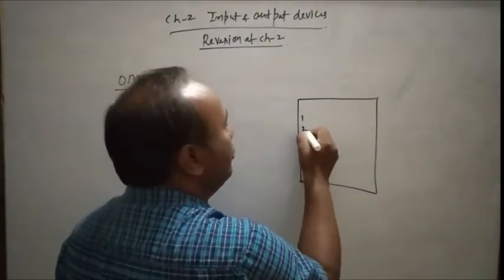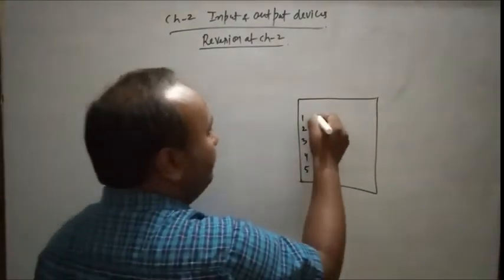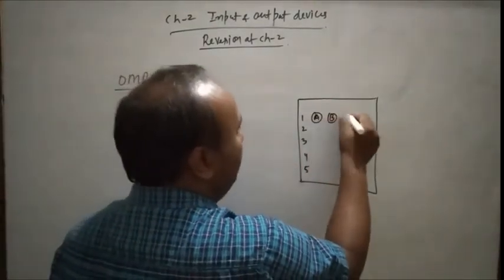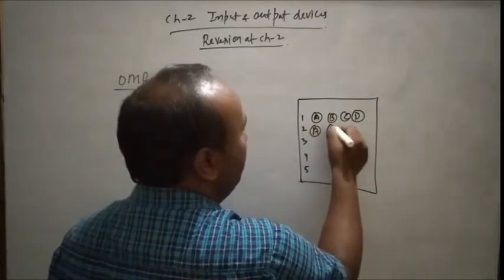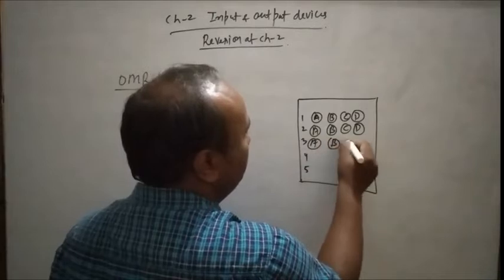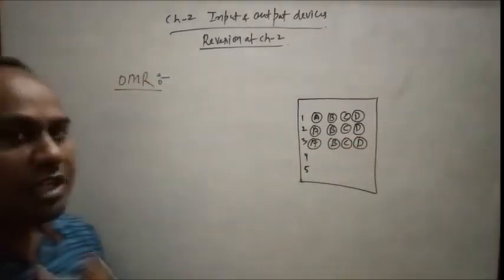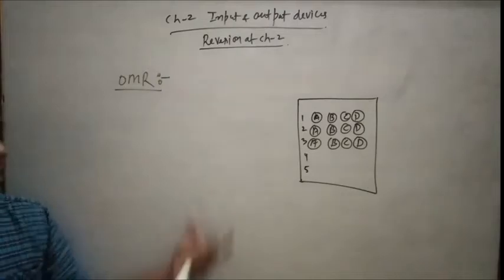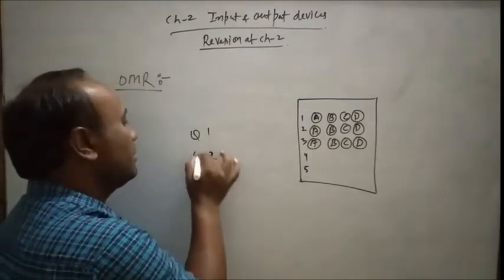Question number 1, 2, 3, 4, 5. These are the question numbers. After that, this type of information, A, B, C, D. These are the optional answers. Okay, what happened कि आफ्टर दैट व्हेन द क्वेश्चन पेपर गिवन टू द स्टूडेंट, तो स्टूडेंट आफ्टर सॉल्विंग सपोज दैट दिस वन क्वेश्चन नंबर 1, क्वेश्चन नंबर 2 एंड क्वेश्चन नंबर 3.